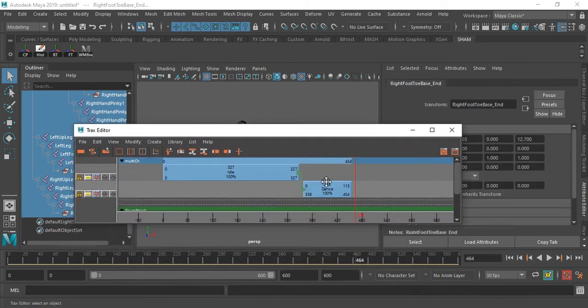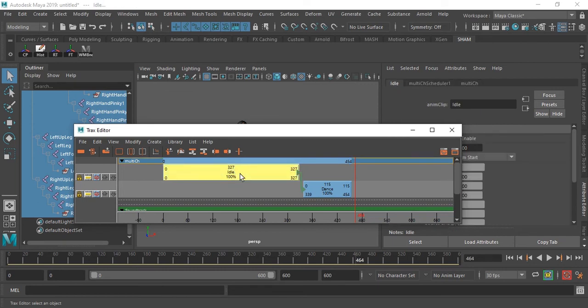And if you want to bring that character to idle state after this dance animation, just select this idle animation clip and duplicate it using Ctrl D. Okay, now this idle animation clip has been duplicated.